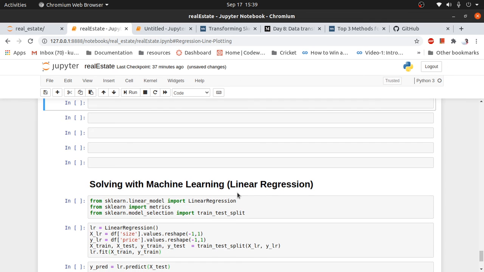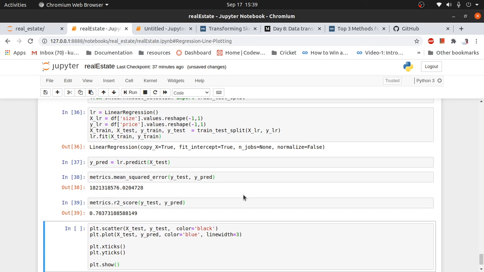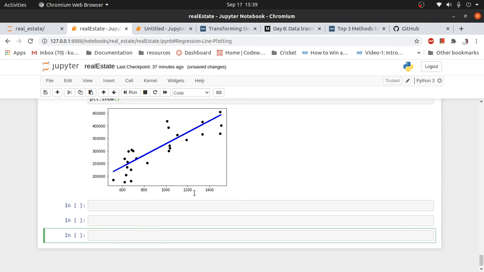I also tried machine learning with the help of simple linear regression, using sklearn. Let me execute all these. Here is the simple linear regression where we find the best fit line.